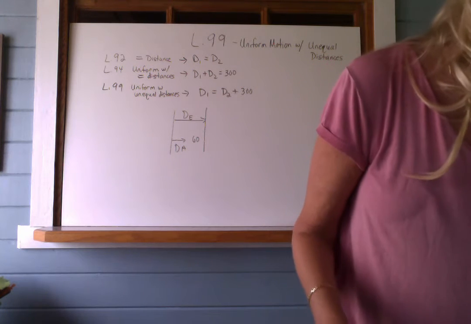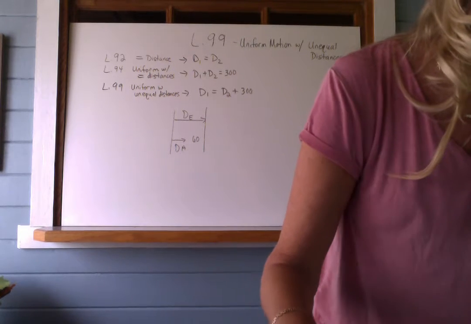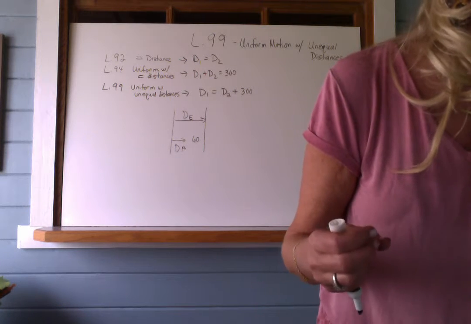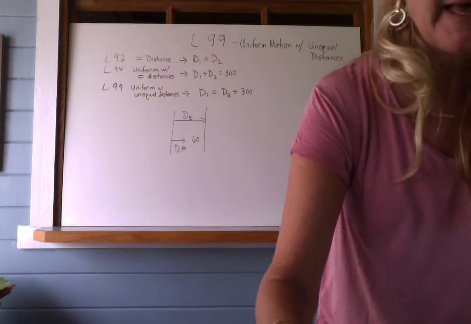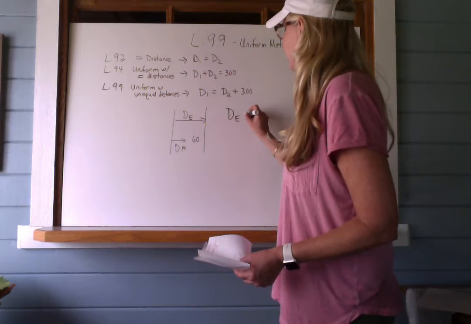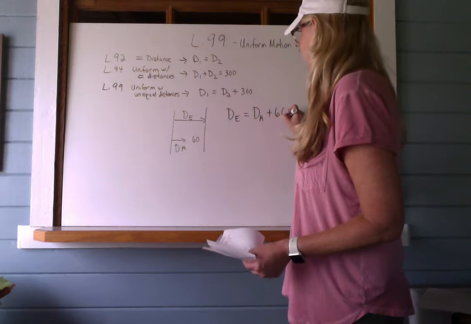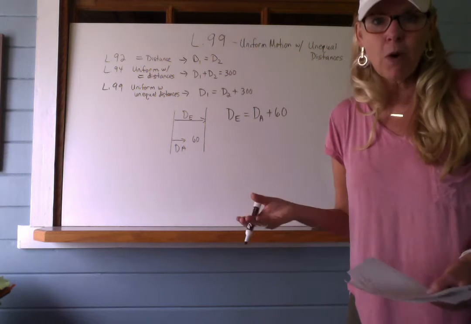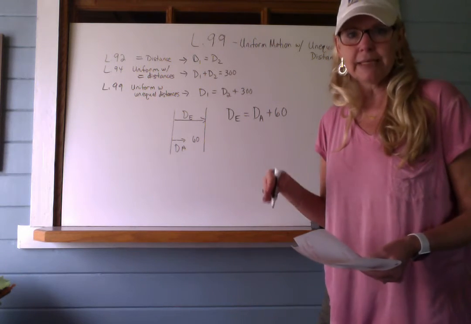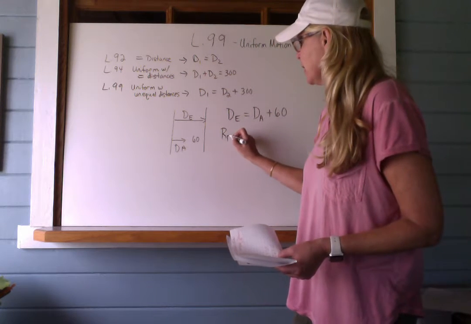So it said Eleanor started out 60 miles per hour, and then Alexi started out to catch her, okay? So if she was still 60 miles ahead, we're going to write distance of Eleanor equals distance of Alexi plus the 60, okay? That's going to be our formula. And then you know how to break that down. When you have distance, you know distance equals rate times time. So we can go ahead and change that D_E now to R_E T_E